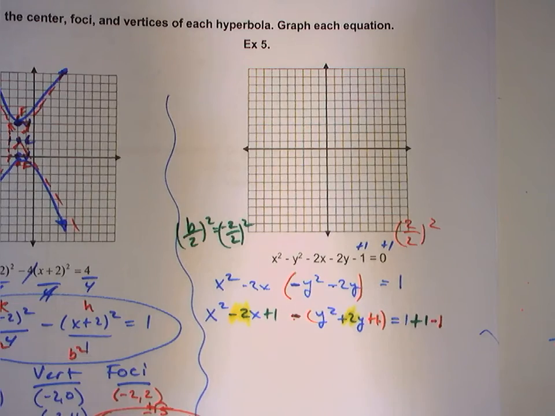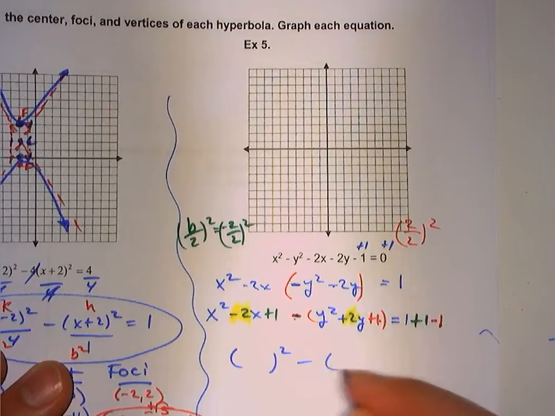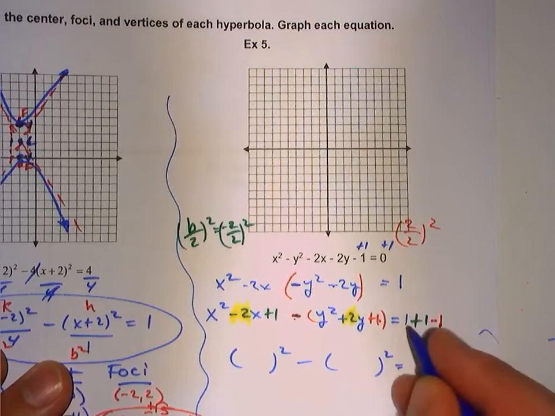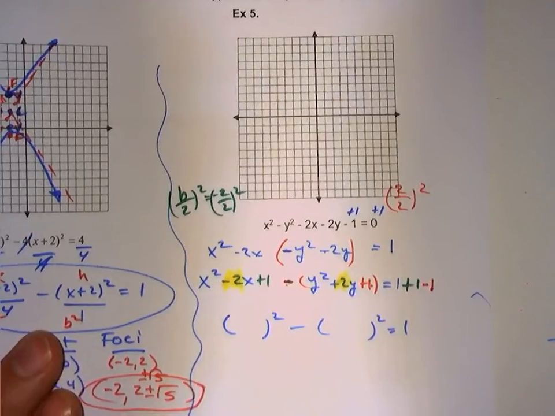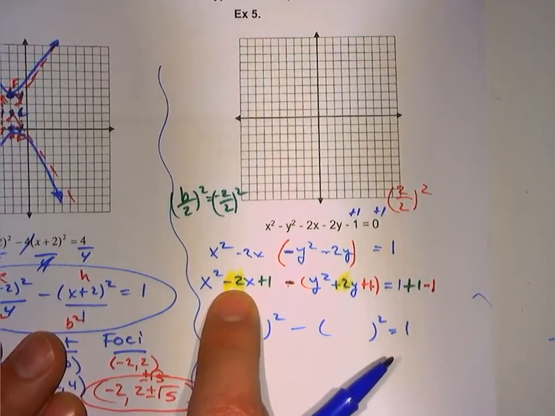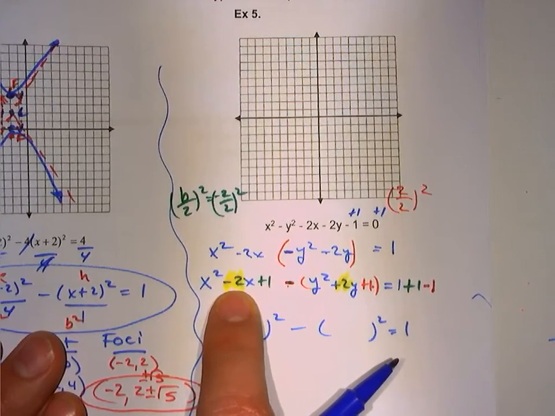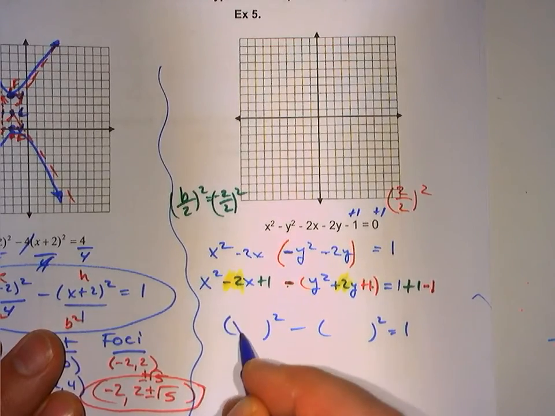Well, now we factor. When I factor, I should get a quantity squared minus a quantity squared, and then 1 plus 1 minus 1 is 1. Okay, so I factor. Factors of this green one that adds to negative 2, if you don't know those factors, just divide the yellow guy by 2. That's negative 2 divided by 2. Negative